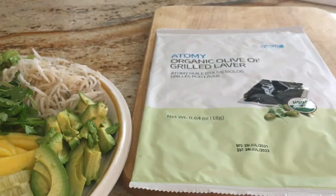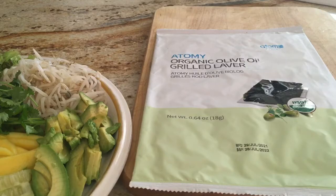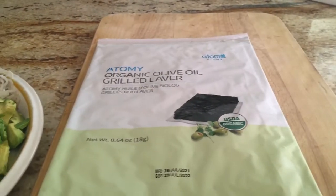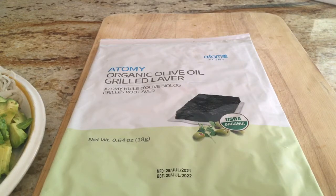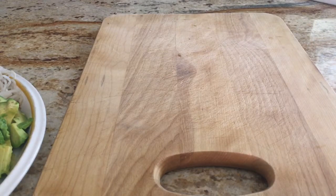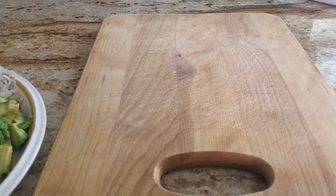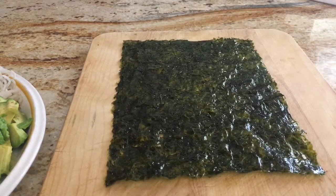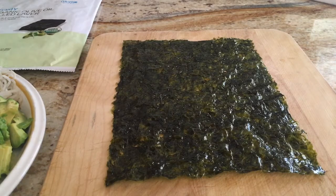You can see that. So to begin this, we need to open. Let me try to do it this way, so you can see more of what I'm gonna do. I forgot to open the pack, so let me open this first. This is very oily, but you don't have to worry because what you're getting is olive oil, and that's even fantastic. So this is how it looks. The size is like a writing pad size. It's large enough to cover our...